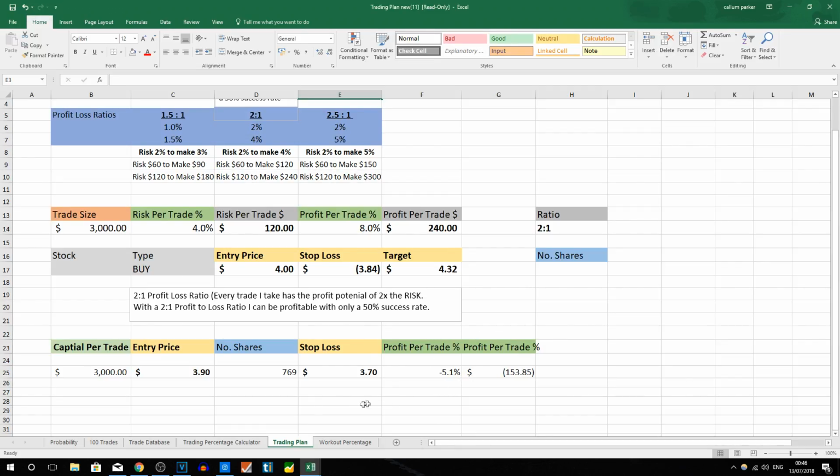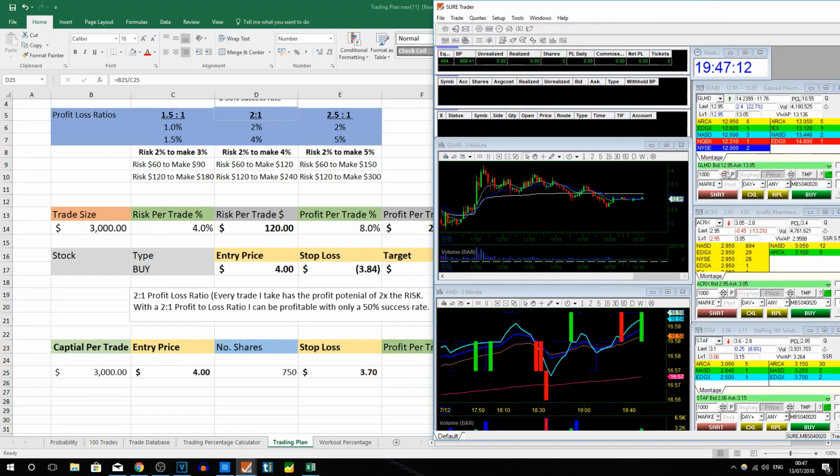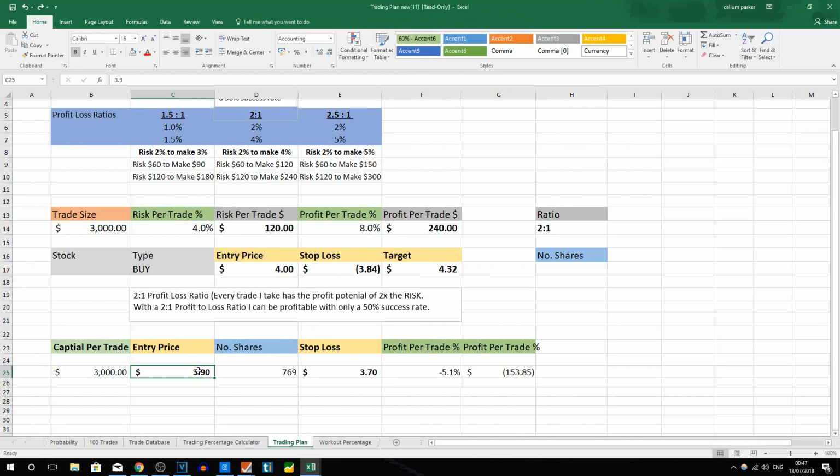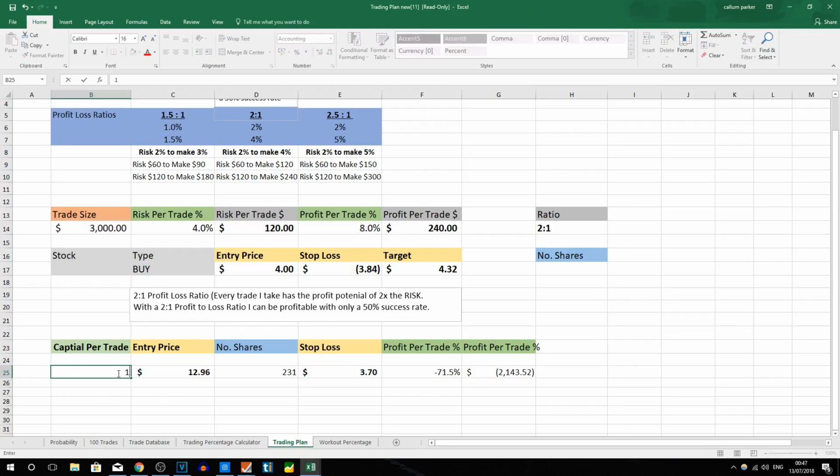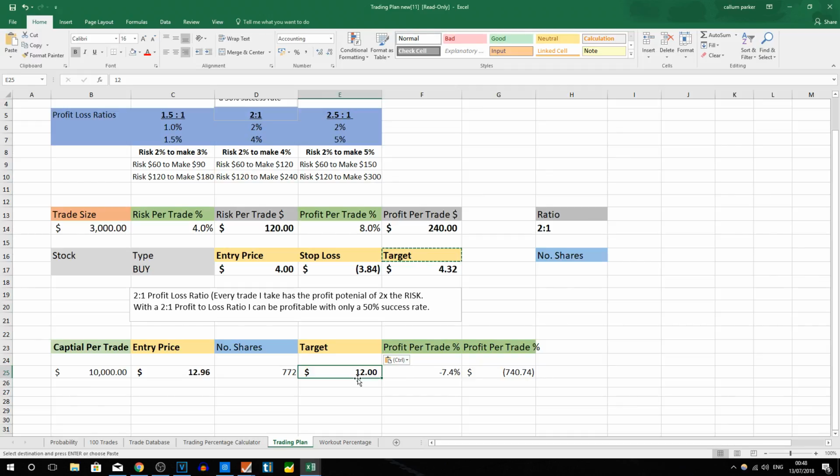And then down here you can see if I put my entry price in as $4, it'll automatically tell me how many shares I can buy, which is quite useful for when I'm in a trade. So for example, if I'm going to get into a trade right now, let's go on to this stock here, GLMD. I can see GLMD at 12.95, so I put that in as the buy or entry price. It'll tell me how many shares I can buy. If I change my capital to 10,000, then it'll say how many shares I can buy. So if I have my sell price at, let's say,